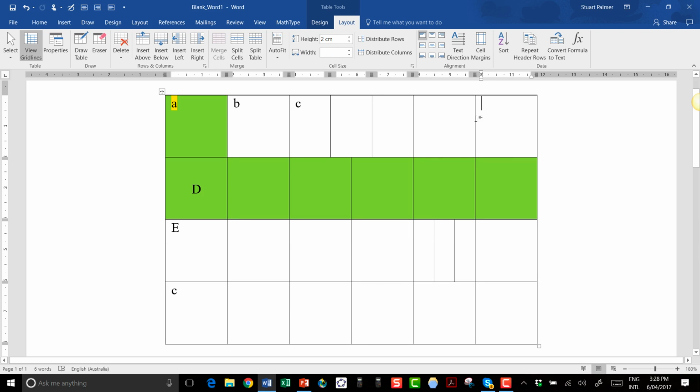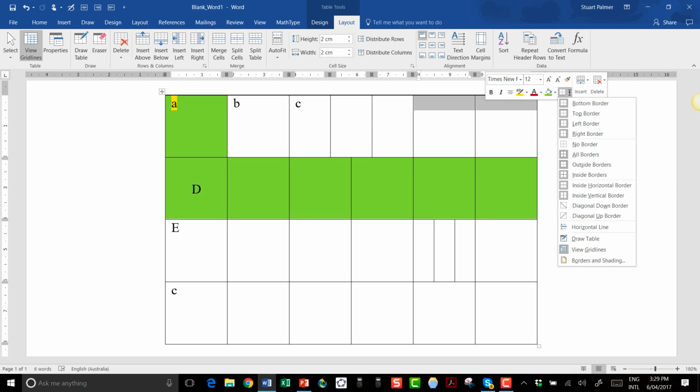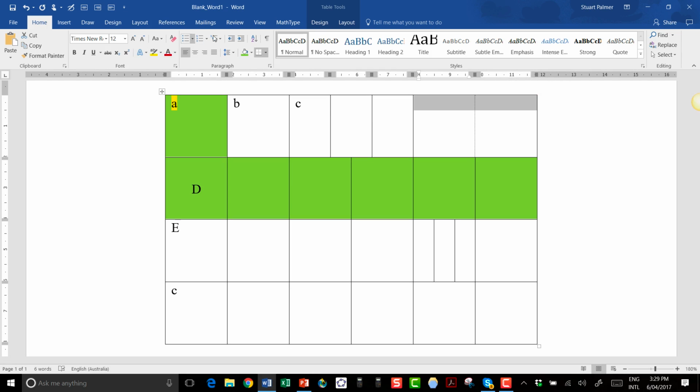Sometimes, rather than merging 2 cells, you might be better off just hiding the border between them. Highlight, right click, little drop down there. Inside vertical border is now hidden. I can still see it though. It won't print,